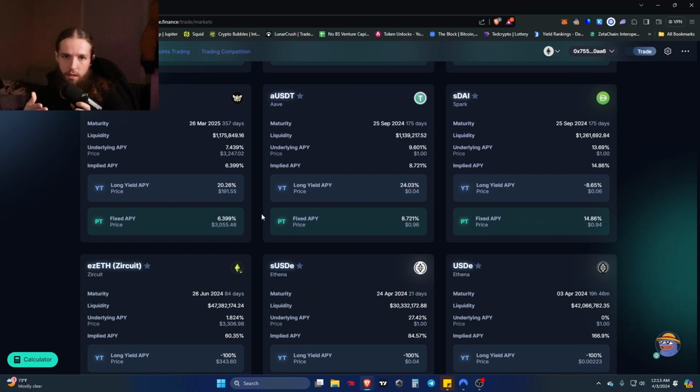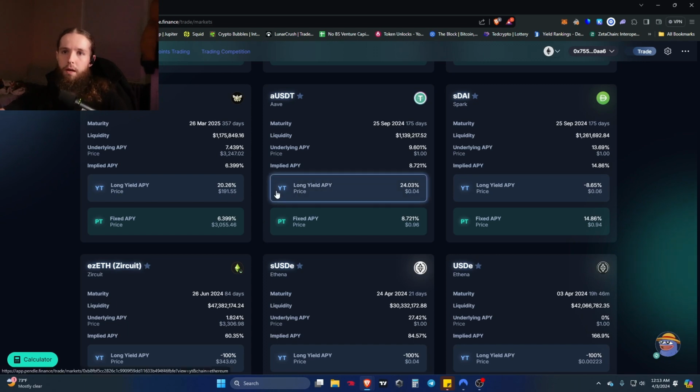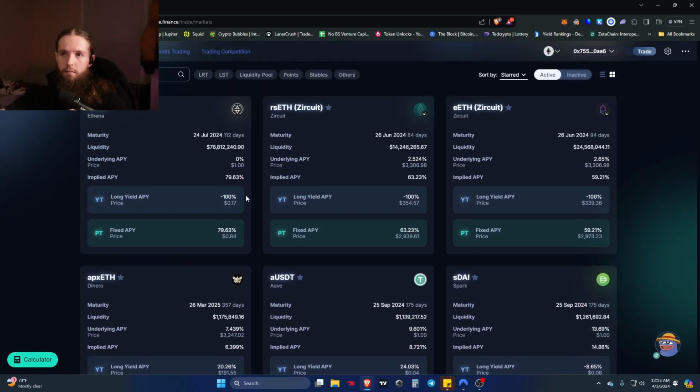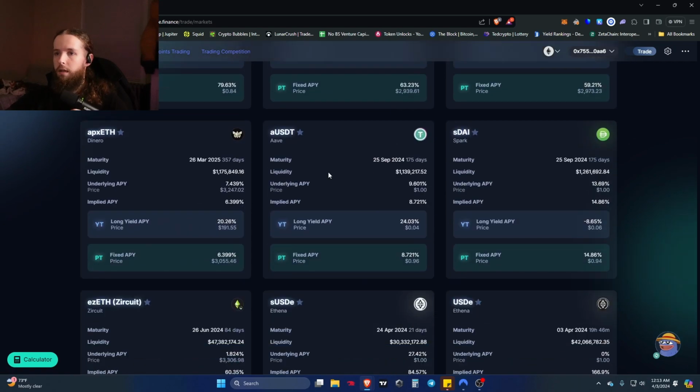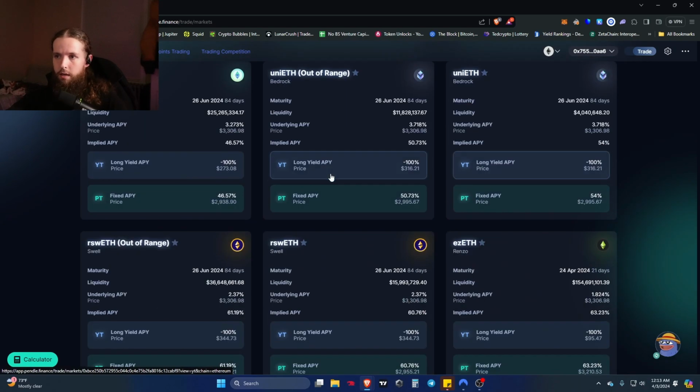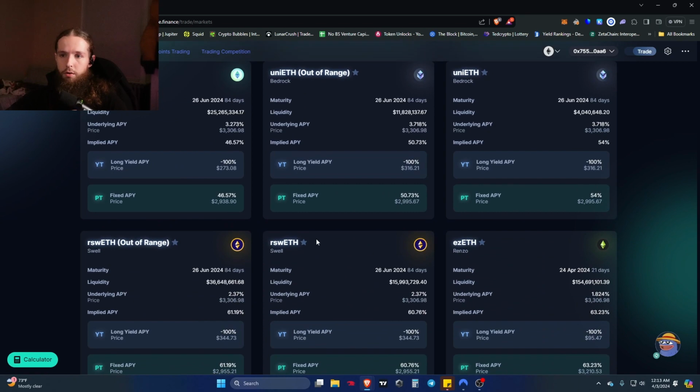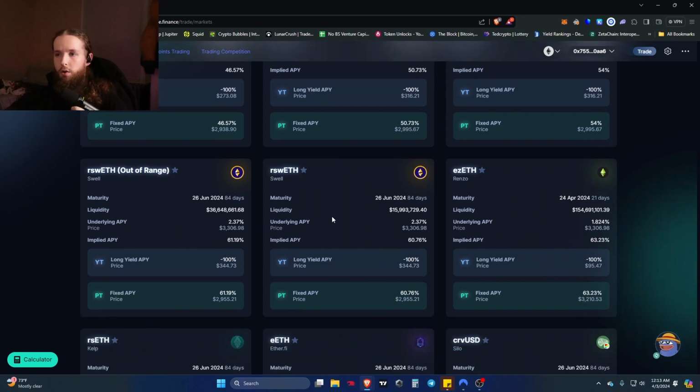So recently this has become very popular because of these airdrops that these protocols are doing. USDE, this Athena stablecoin protocol, they did an airdrop. Their token just launched, I think, a couple days ago. And then, of course, Swell, EtherFi, they had airdrops going as well. And so you can purchase the RSW ETH long yield APY, the YT token, and basically you earn, if we